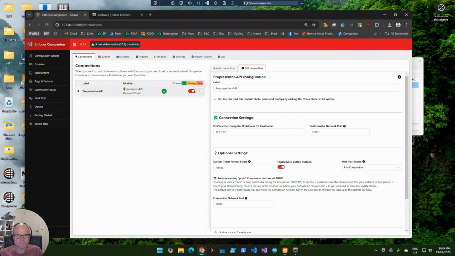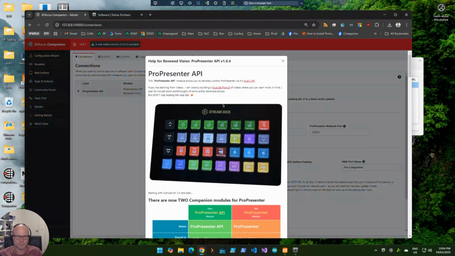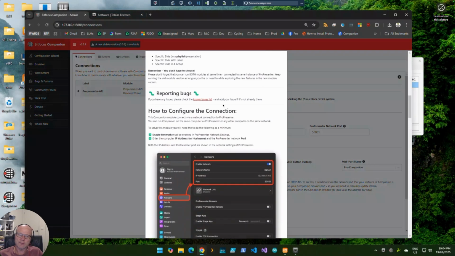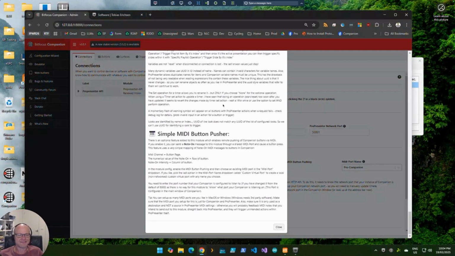So go to the module, go to these 3 dots, go to the help file that nobody knows exists, and scroll past all the stuff that no one reads, and you'll find some information about the simple MIDI button pusher. So it's an optional feature. You can turn it on. Basically you have to send it note on messages through a shared MIDI port, and that will cause a button press. And it uses very simple mapping, and that very simple mapping is